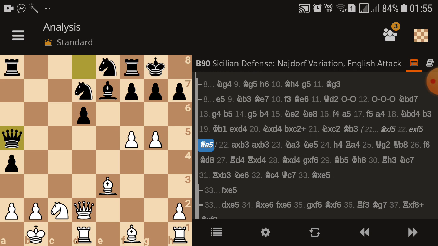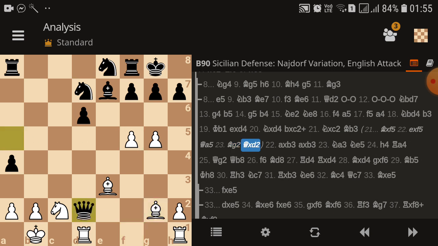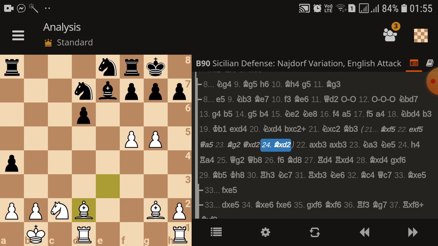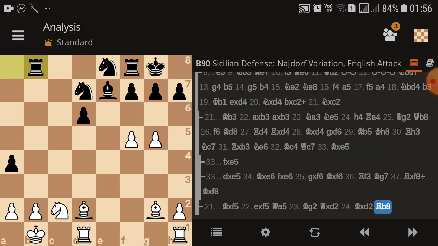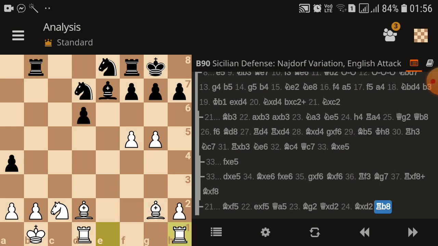Okay, now bishop g2, attacking the rook. So queen takes d2, bishop takes d2. Now you have to place your rook. Suppose rook b8. Now rook e1,